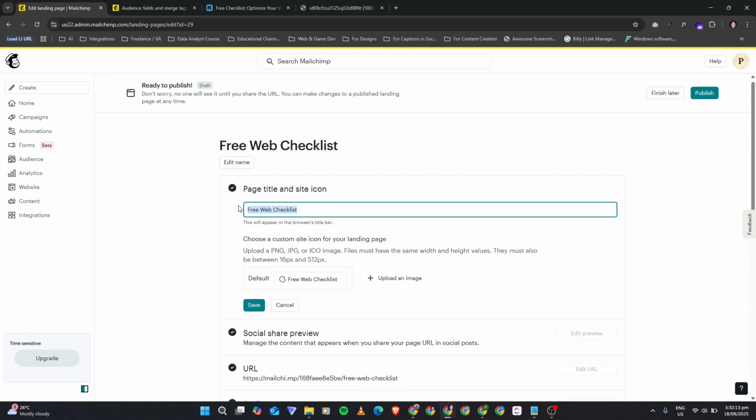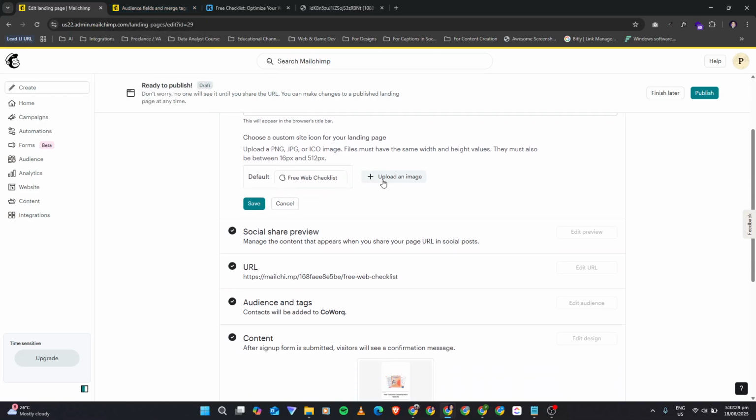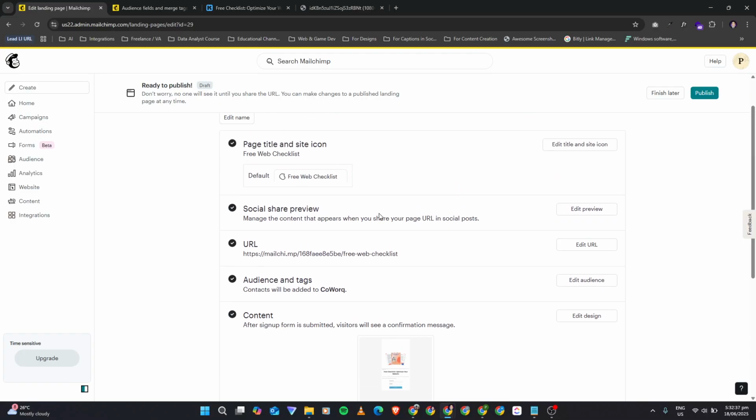The title is what we can see here on the tabs once you open it, and the logo. Since we chose default, it will be the MailChimp logo, but you can change it. You can upload an image, just make sure it's between 16 pixel to 512 pixel. So let's cancel for now.